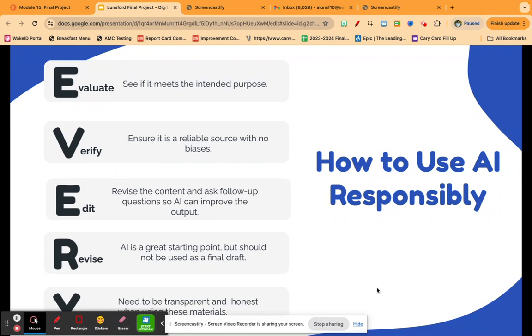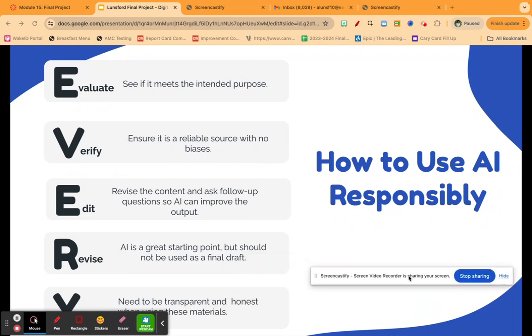The next one is to revise. Again, AI is a great starting point, but it should not be your final draft. It is not your end-all be-all. That is plagiarism. We do not want to plagiarize from AI. We want to make sure that we're using our own content. And the next one is you. You need to be transparent and honest with not only yourself, primarily with yourself, about when you're using these materials. Don't take 100% of the credit because, again, that is plagiarism and we are not upholding that ethics standard that we talked about at the beginning of